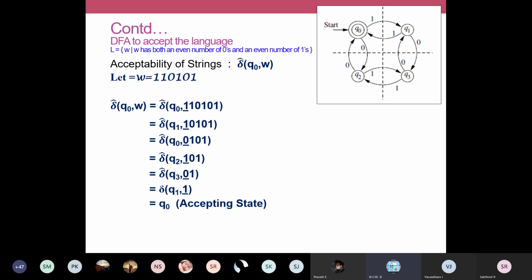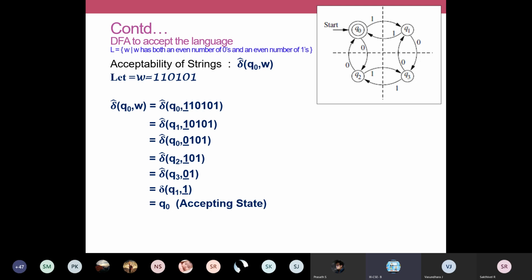Del takes 2 parameters, and del cap also takes 2 parameters. In both cases, you give Q0 as the first parameter, and it depends on what your second parameter is. In the case of del, the second parameter is going to be an input symbol, for example 0 or 1 or A or B.